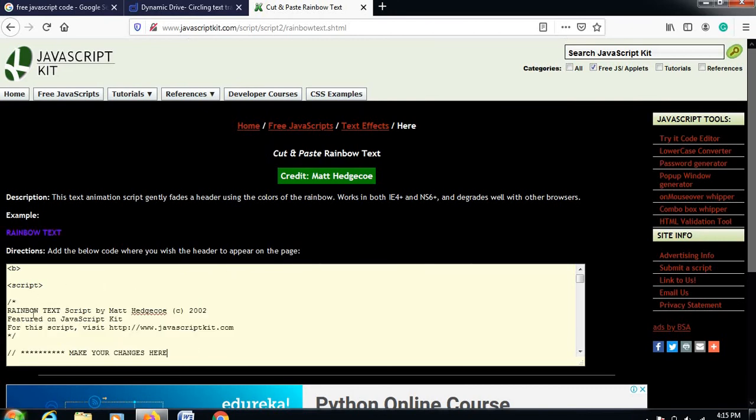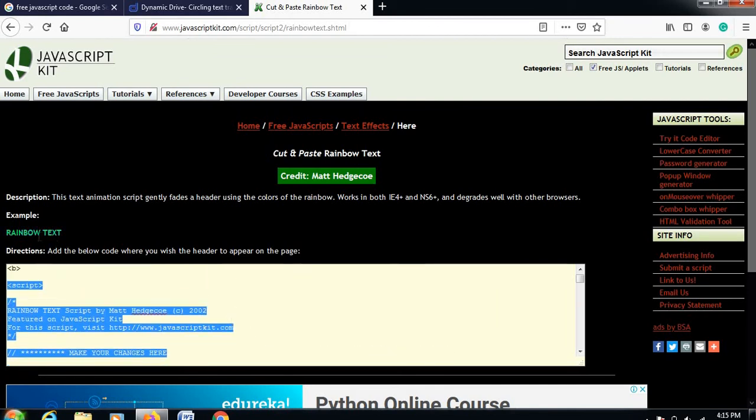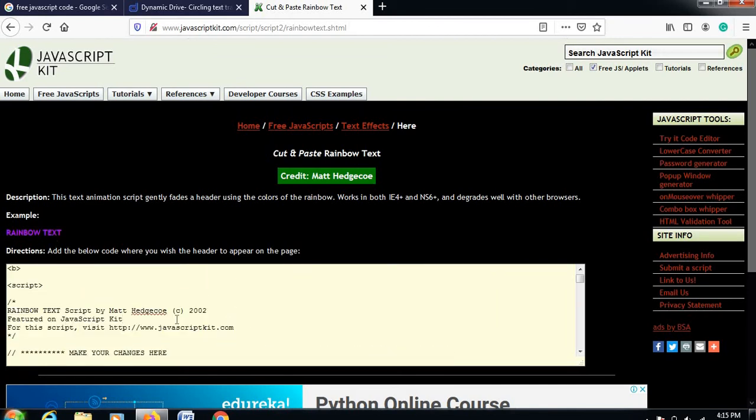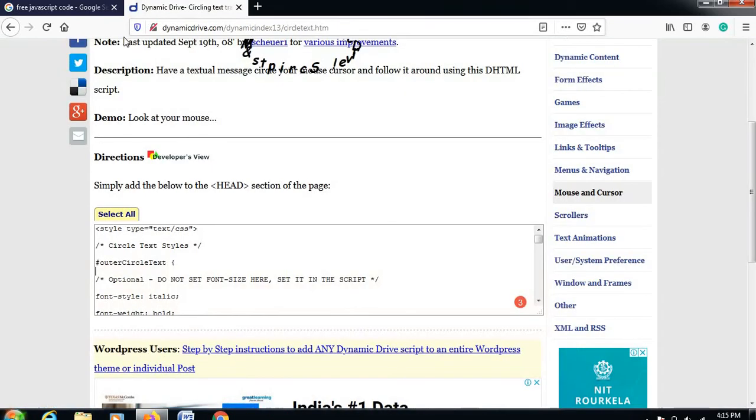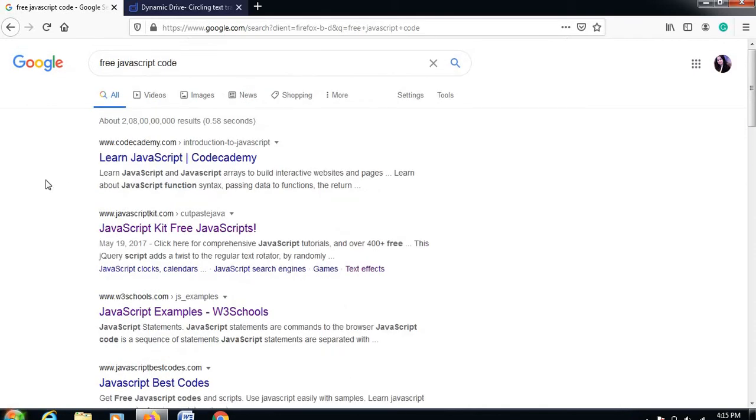So just copy and paste this text and find the rainbow text in this script, and you can change this text according to your choice. So these are some beautiful sites offering ready-made JavaScript from where you can add to your web page and make a beautiful, attractive website.